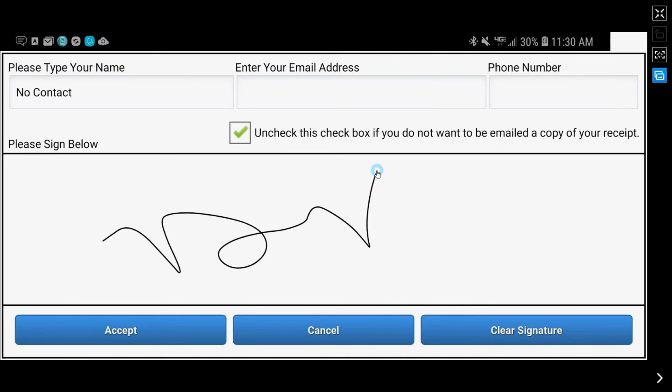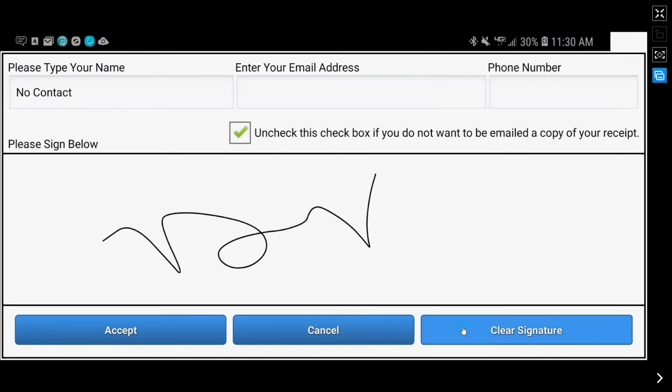But before I do that, I wanted to show you a couple other things. One is obviously the back button. So if you want to go back, you can go back. And if you wanted to cancel what you were currently doing, you can select cancel. And one of the options I really wanted to show you was a capture signature. Again, this is only optional. It's not a mandatory procedure. So underneath capture signature, it gives you the option